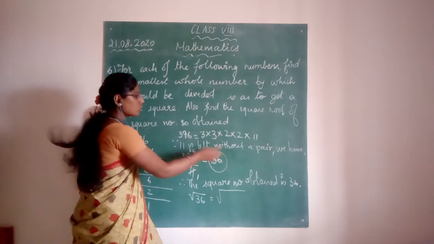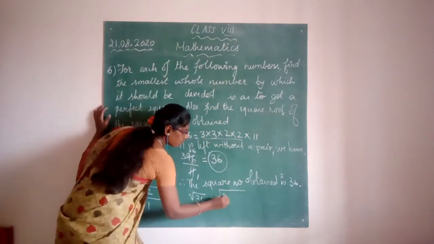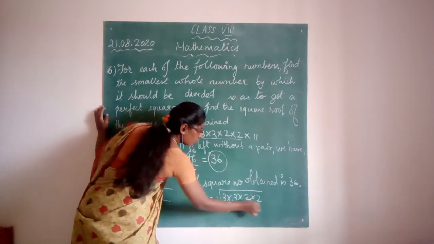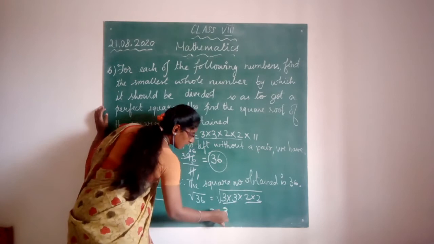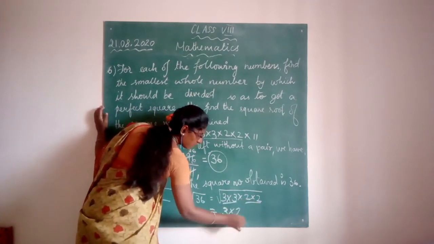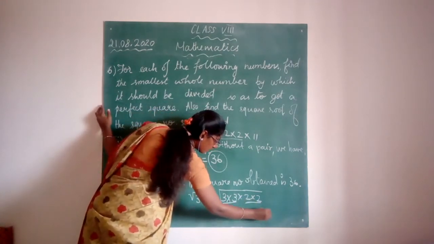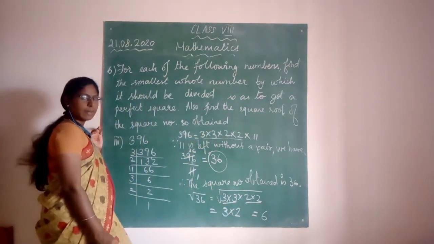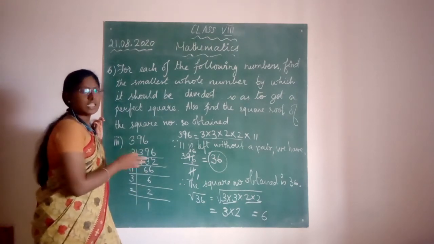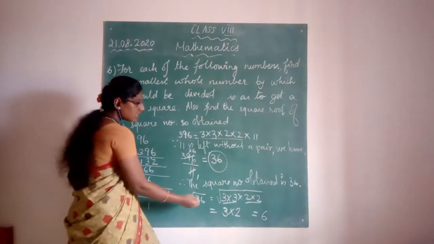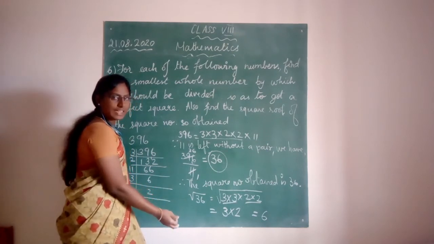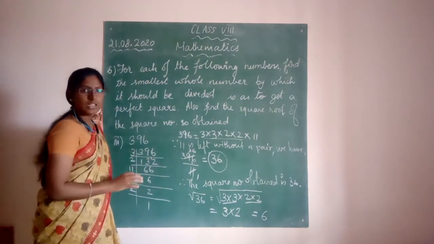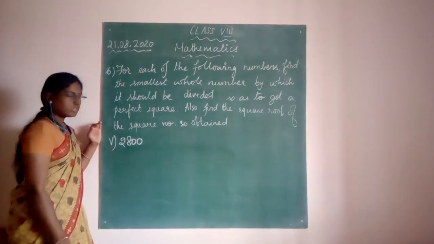since 11 is divided here, the 11 won't be here, right? So only these numbers will come inside the square root. That is 3 into 3 into 2 into 2. So you will have 3 3s are 3 and into here 2. So that is 3 2s are 6. So 6 6s are 36. Yes or no? So in the previous question we multiplied, but here we are dividing, and when we write the square root of the number which is obtained later, we are not including the number that is left out without a pair. Clear? The next question is 2800.